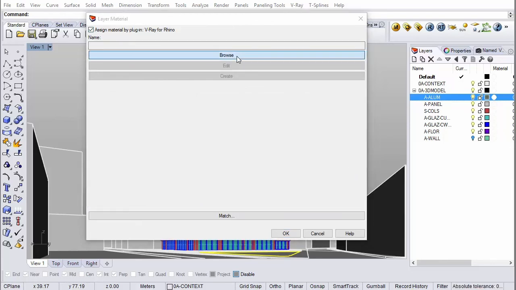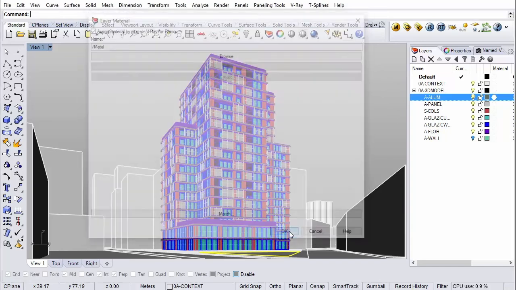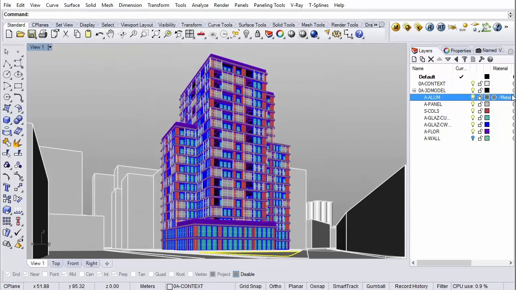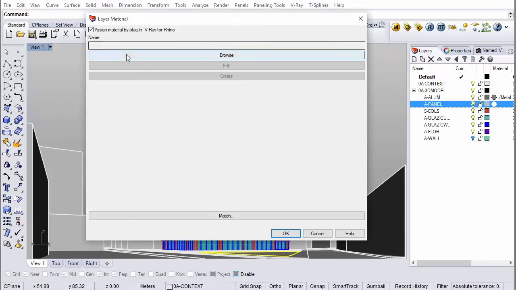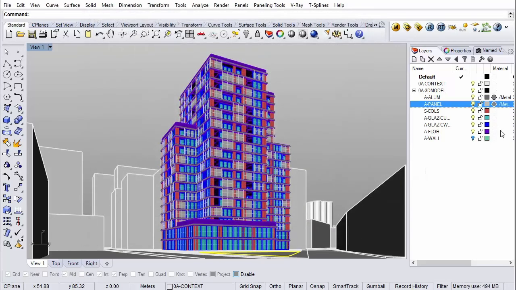And then materials, we can go, and it's got all of the names that we got down. So it's metal. So now we've assigned metal. And now it changes here, and you can read what material it's got. So now the panels, which are the screens, are going to be the metal screen material. Columns are going to be concrete.